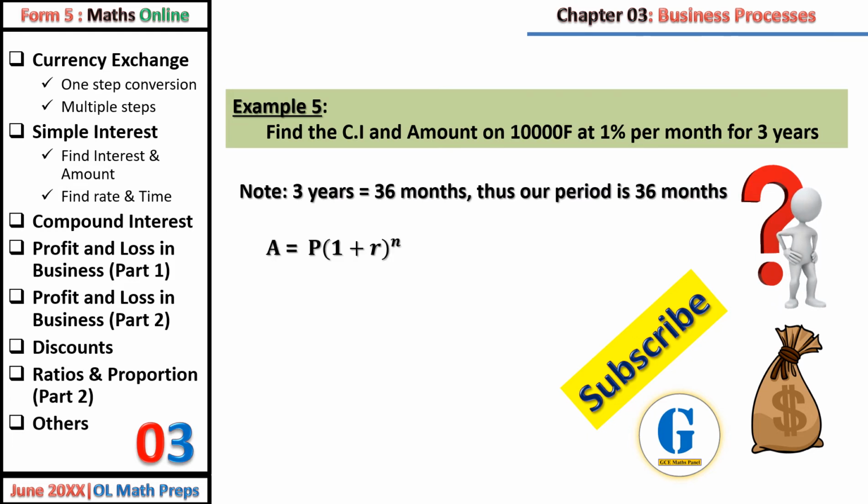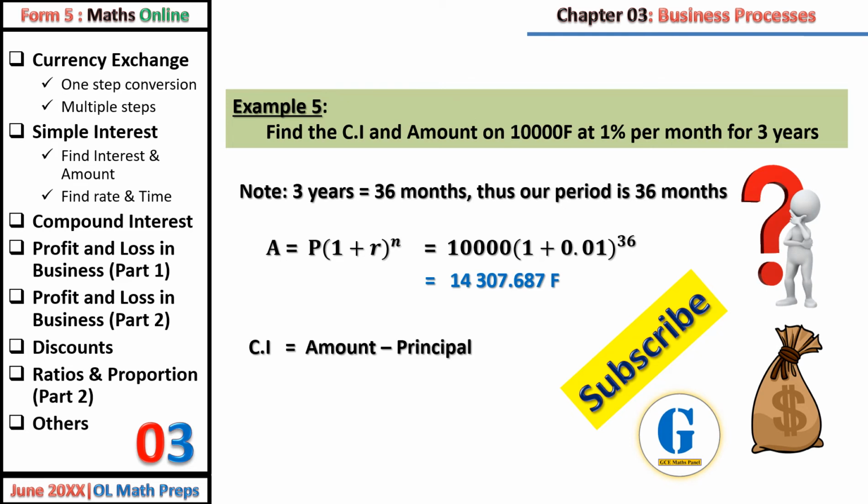Since we have longer periods, that will give me 10,000 into 1 plus 0.01 to the power 36, and that gives us 14,007.687 francs. Therefore, the compound interest is amount minus principal, and that gives us